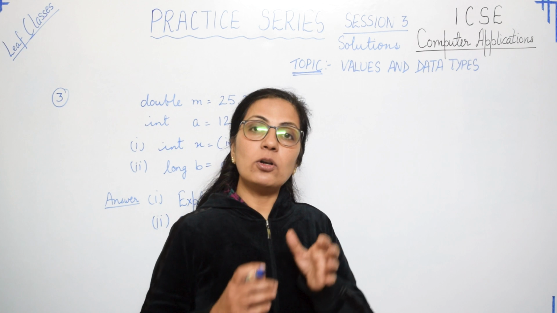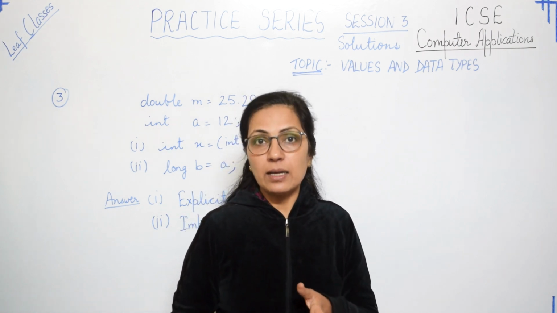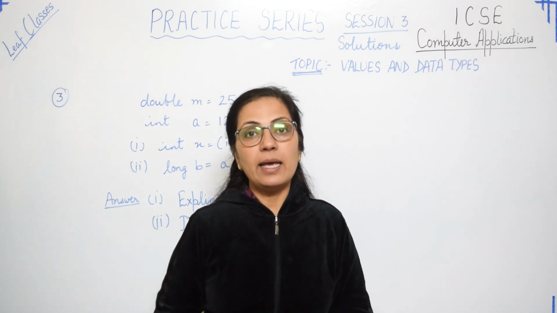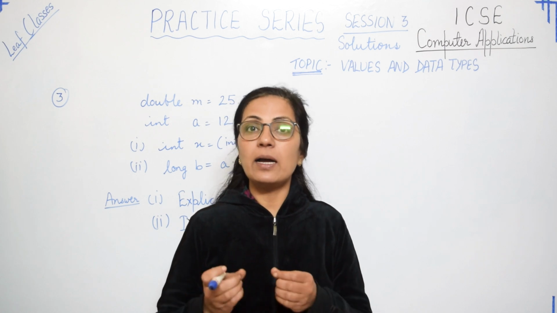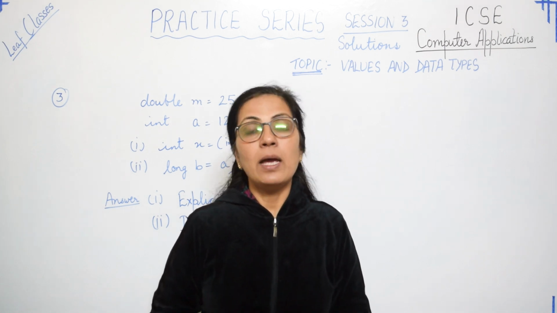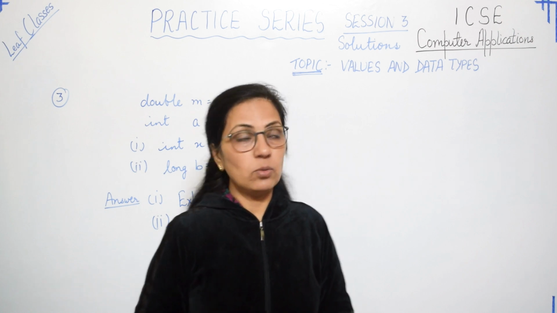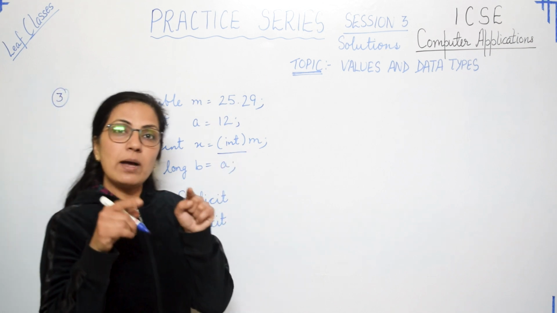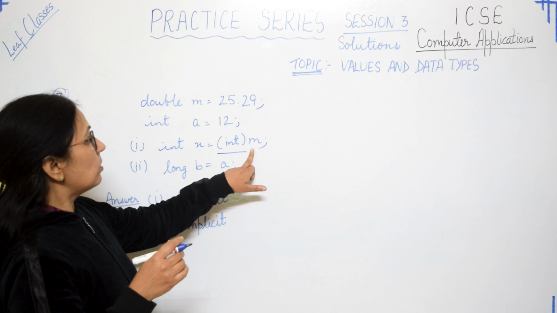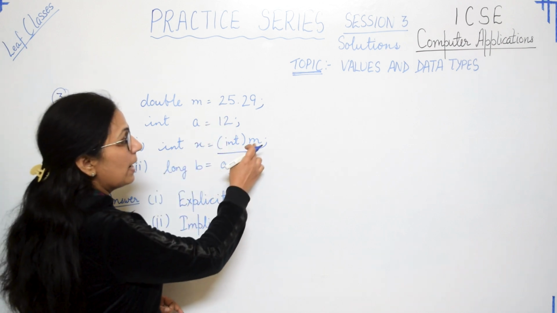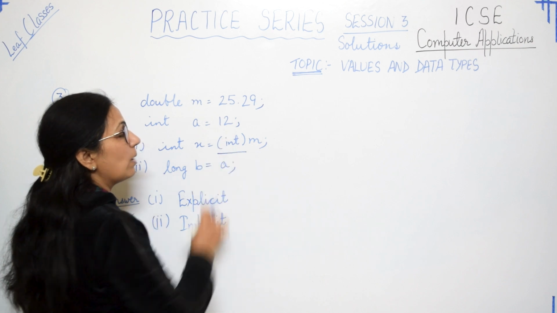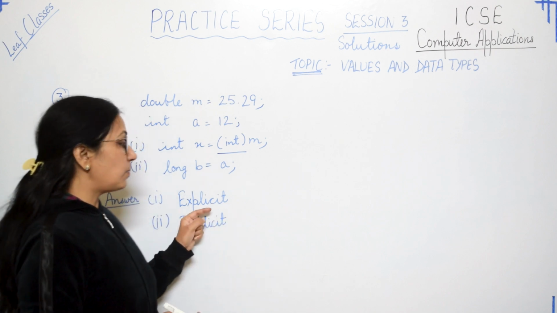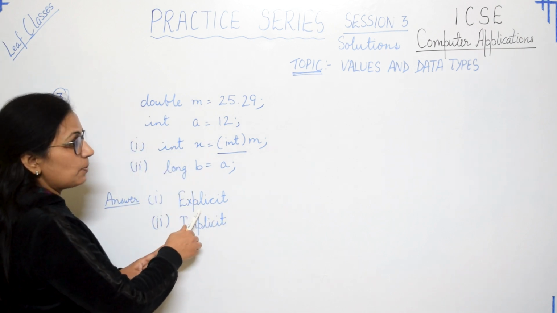Implicit conversion, when automatically the resultant data type is the highermost data type of that expression, and explicit means forcefully we are converting the resultant data type into our required value. So that is explicit. So wherever like this it is written, forcefully you are writing int X equals to M. M is double value, but you want that this should be converted to int type. That means forcefully we are doing. So wherever that is there, we write explicit. So the first answer is explicit conversion,